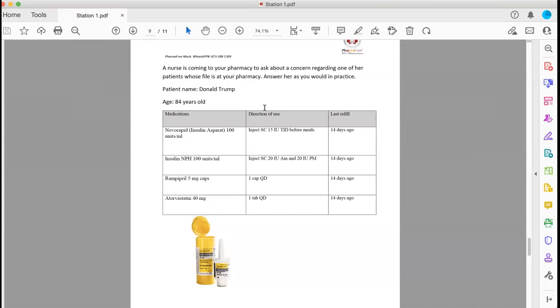I told you the fasting was 7.5. Is it normal or above average? Above average, because the range is between 4 to 7. Exactly. This is the first notice here. What about the A1C? It was 6.6. Is it controlled or abnormal?